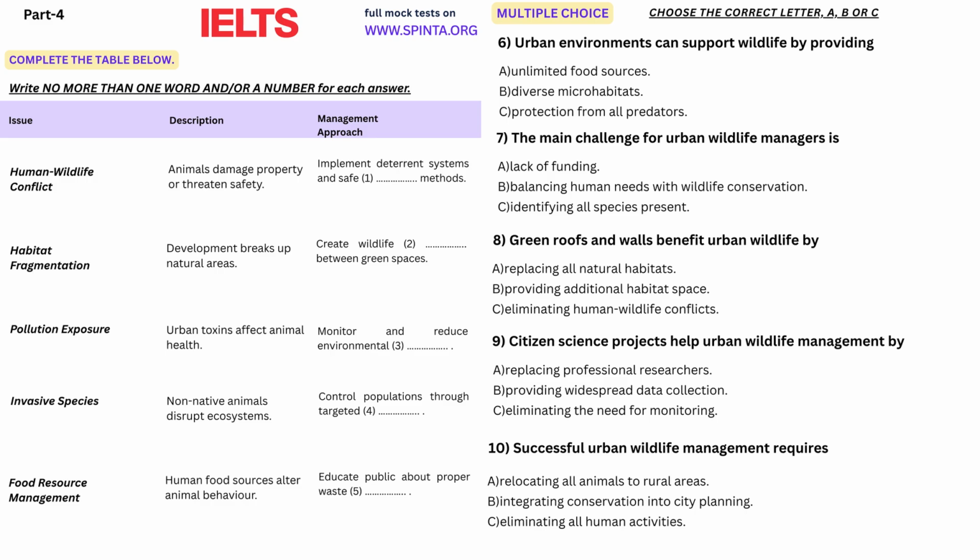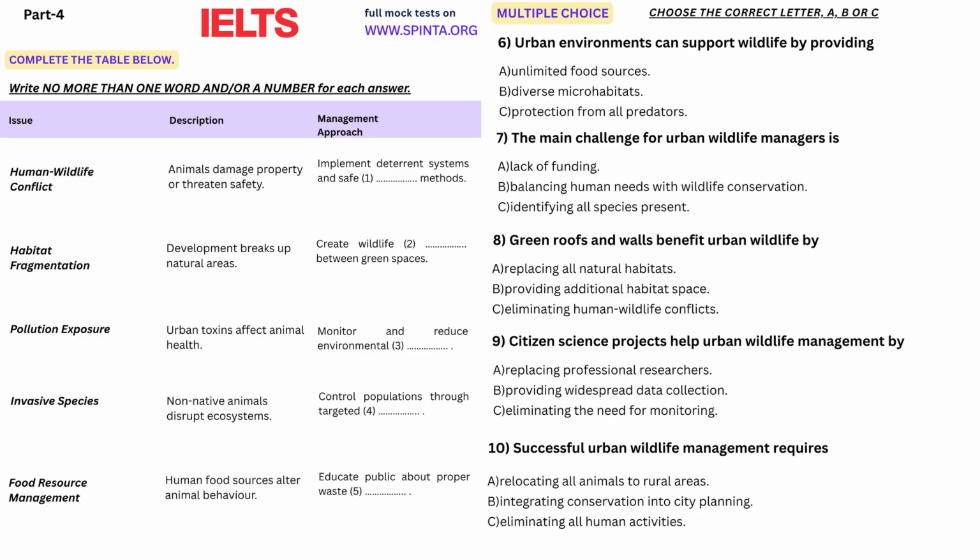Bioswales, constructed wetlands, and native plant landscaping can support pollinators, birds, and other wildlife while managing stormwater and improving air quality. These multifunctional approaches demonstrate how urban planning can benefit both human and wildlife communities. The future of urban wildlife management lies in developing more sustainable, adaptive approaches that recognize cities as legitimate ecosystems deserving